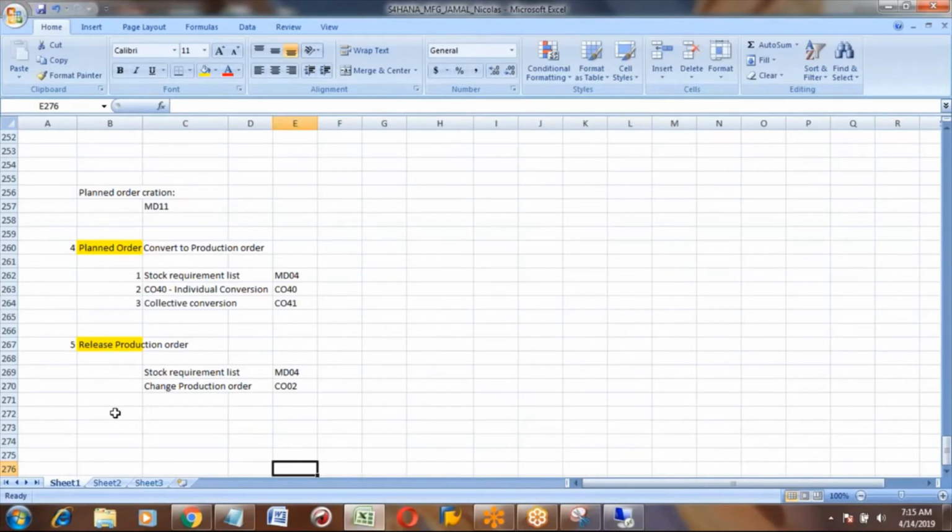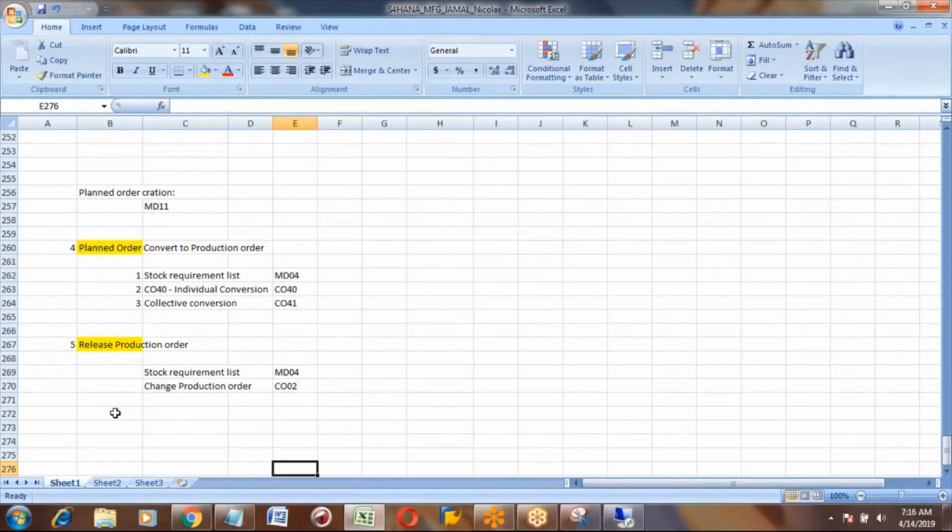So that actual production person will check what are the details in the order, and if he is ready to manufacture that order, he will release it.